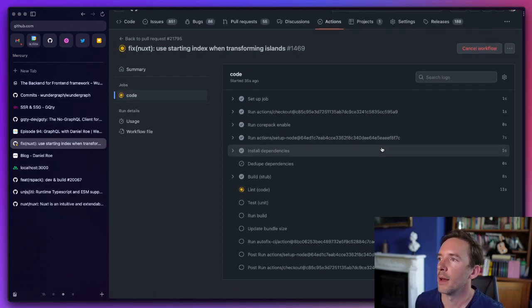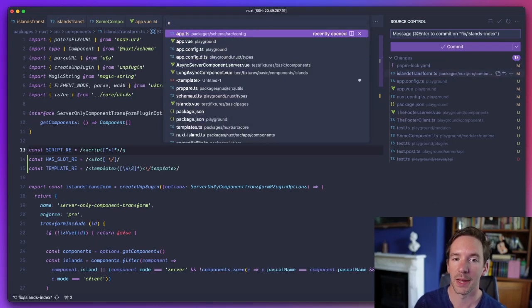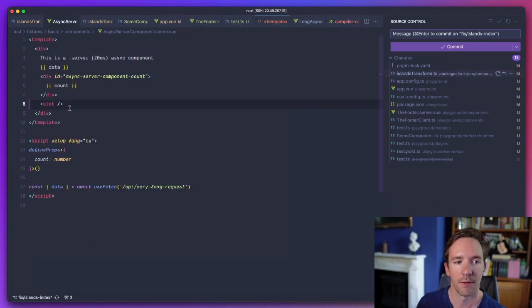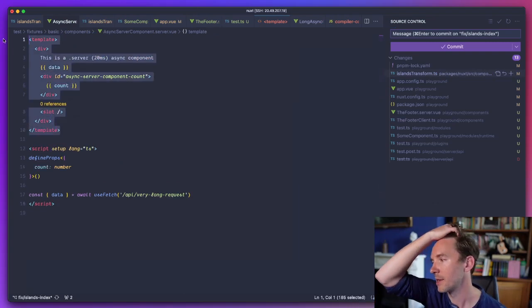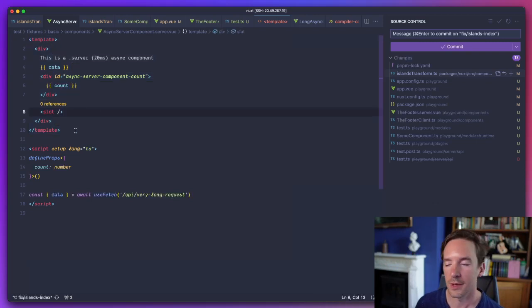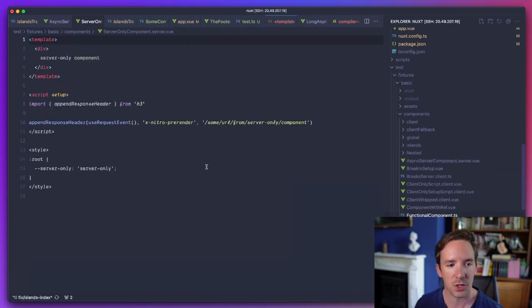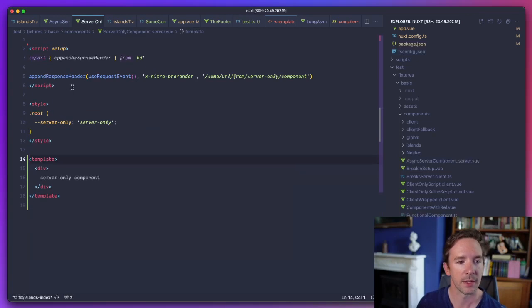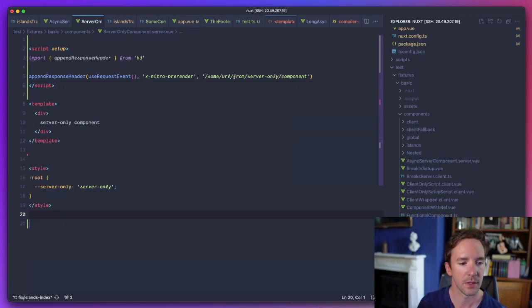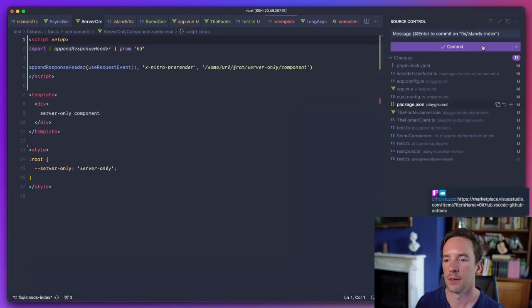I think the reason the CI was passing before was that for our server components we always had the template first in the file, and so it did work fine because the index is always correct. Whereas if you don't, then it won't work. So I think all we need to do to test this is ensure that at least one of these server-only components has the script first, and then we won't have the same regression again. So we can basically